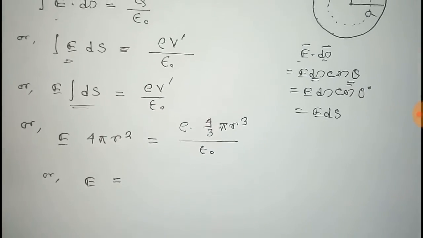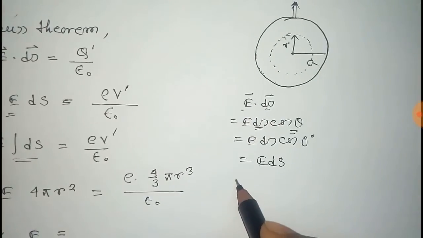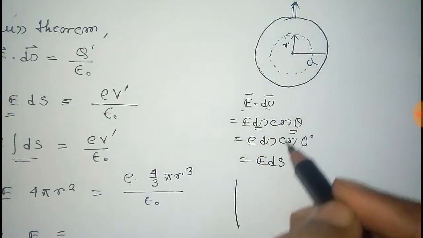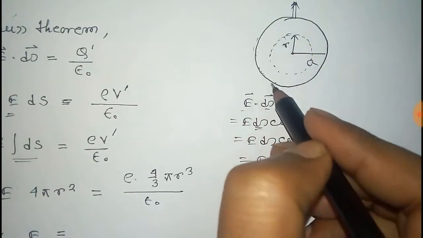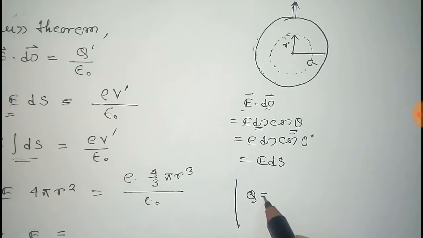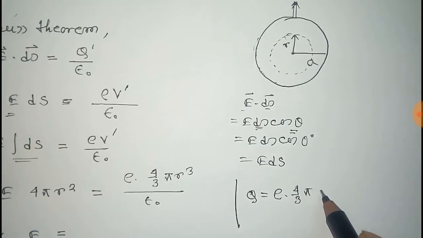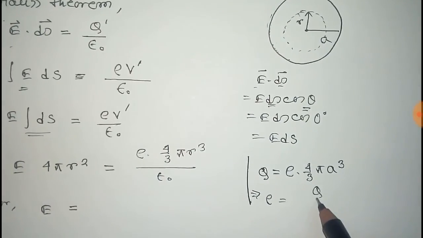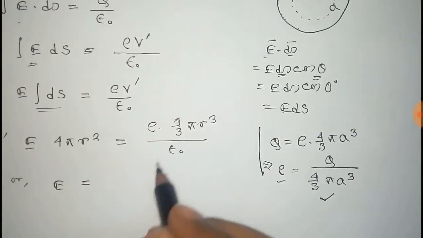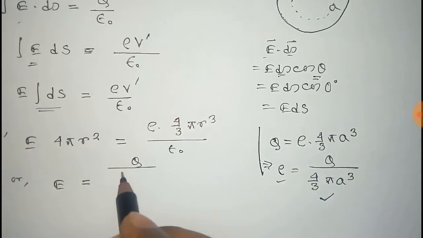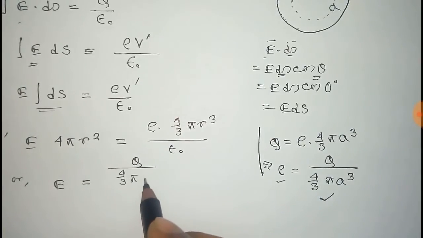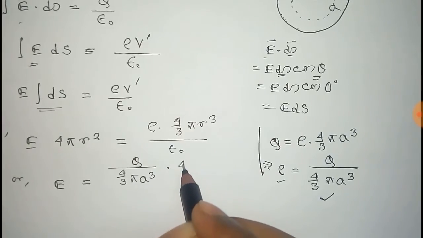Now we have to find the value of rho. For this we can see that the total charge enclosed by the original sphere is equal to Q, which is rho into the volume, that is 4/3 pi a cube, where a is the radius of the original sphere. So rho is equal to Q by 4/3 pi a cube. Now we put the value of rho in this case, so it will be Q by 4/3 pi a cube into 4/3 pi r cube